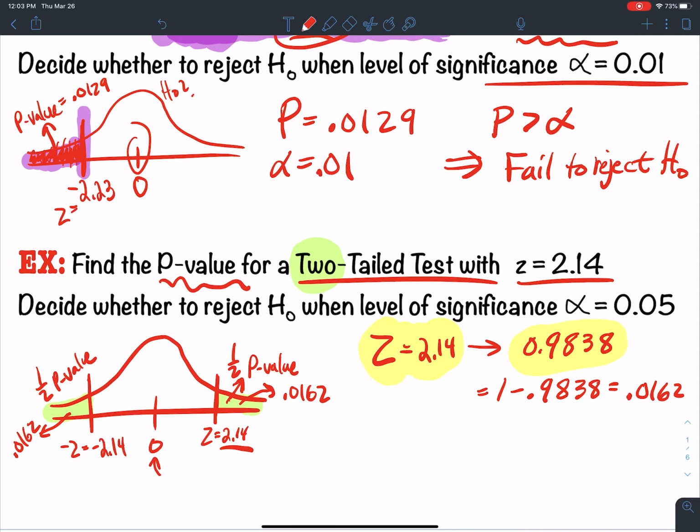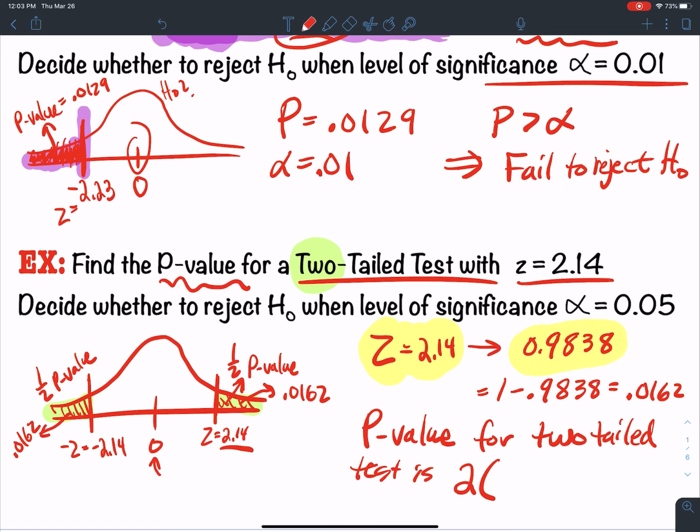0.0162 is also on that side. So what is my p-value? My p-value for a two-tailed test is 2 times that one tail. All I'm doing is doubling it up. I have it over here on the right, and I have it here on the left. I have to count it twice. So I multiply by 2, and I get